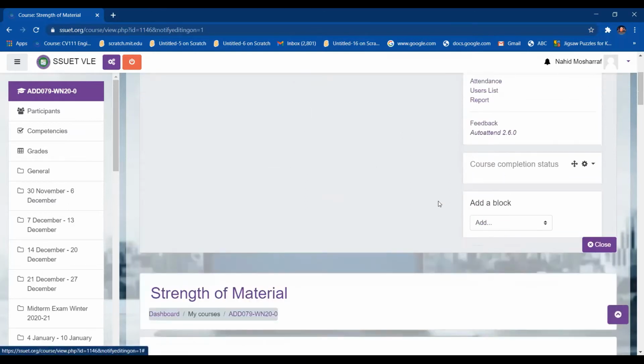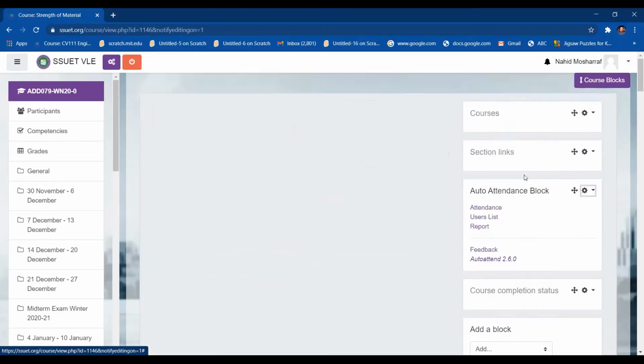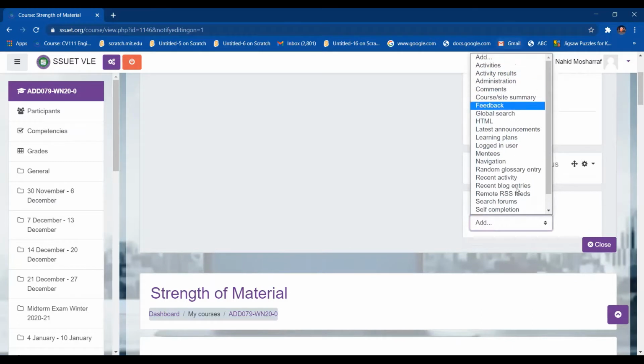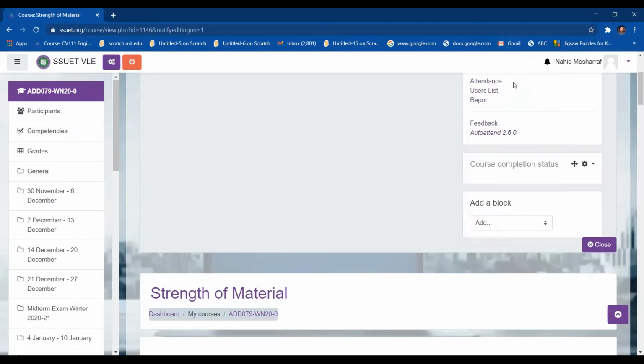I don't want to delete it because I am teaching this course right now. Actually I taught this course, but exams are going on, so I have to check the copies. You can see the course completion status, section links, courses. If you want to add anything, go into add a block and select the one you want.